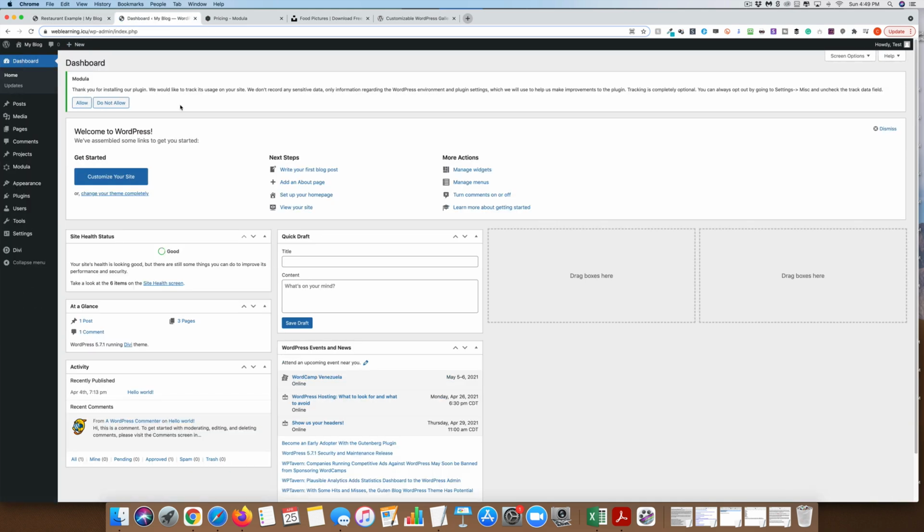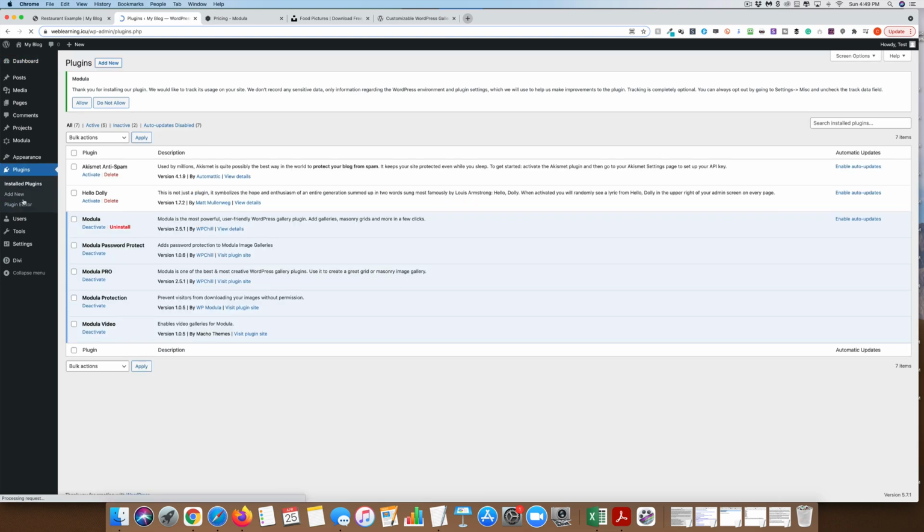So I'm using this on a WordPress test site, and this is using the Divi theme. The great thing is this plugin works really well with a variety of themes, including the page builders like Divi or Elementor or Beaver Builder or Oxygen or Brizy or others. So it's really quite simple. When you come into the plugins, you're going to go ahead and download it, and as you can see right now, because I'm on the Pro, I've downloaded